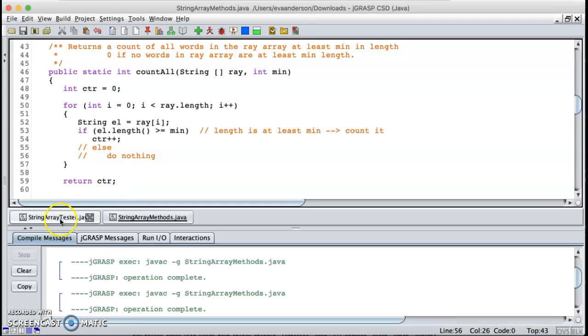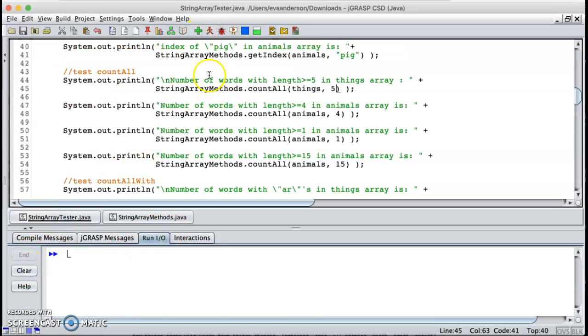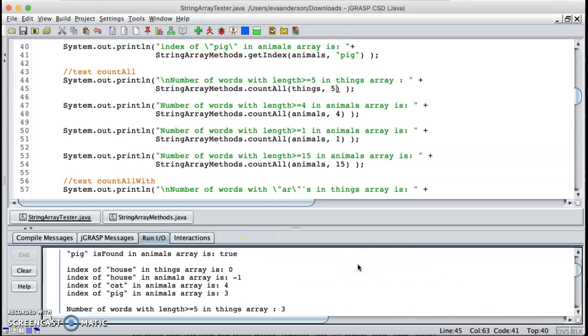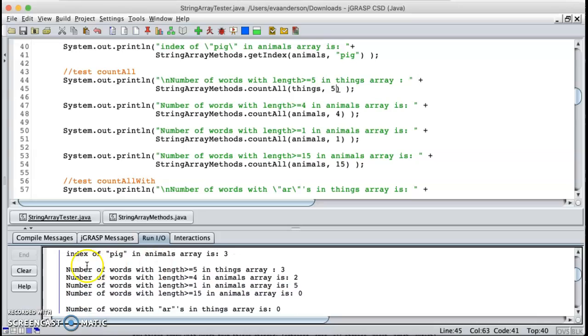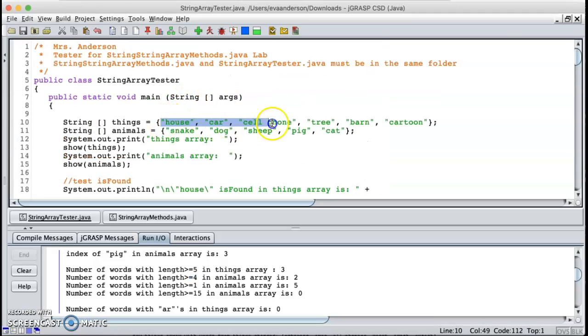I manually recompiled this. I come over here, go to my run IO and clear it. Click run. And when I go down to that section, I now get 3250. So there's 3 words in the things array that are at least 5, 2 things in the animals array that are at least 4 in length. And I could go up here and I could see them. I could count the number of letters in each one to make sure those counts are